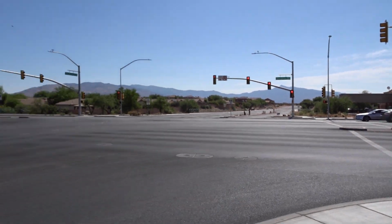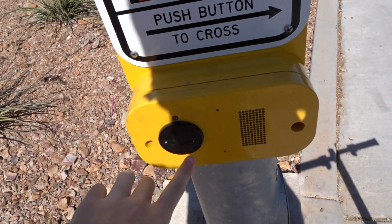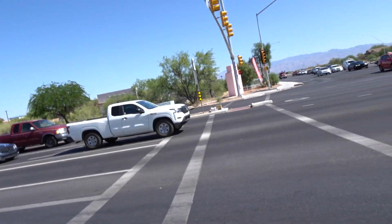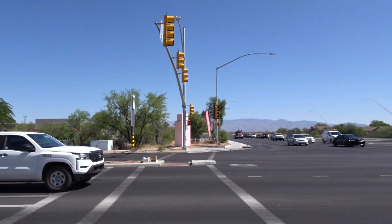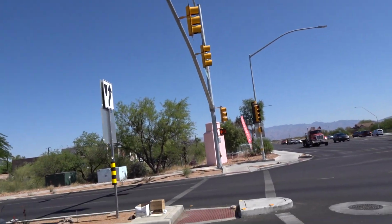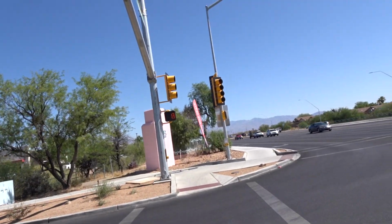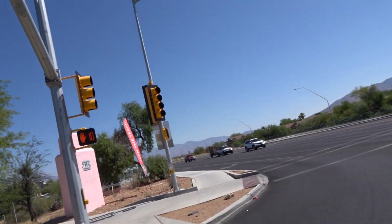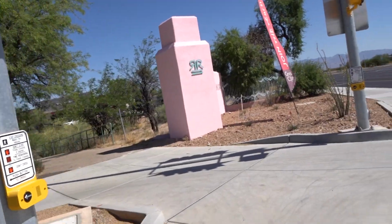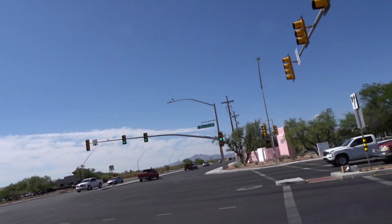Here goes this one. It's also vibrating. It's pretty cool. Even though it's not electromagnetic like the Polara push buttons, it's pretty cool. And we gotta make it over because this is a pretty short walk before it starts the yellow. Also, when this does the walk, the red arrow doesn't start until the walk ends. It's not going on this side, but